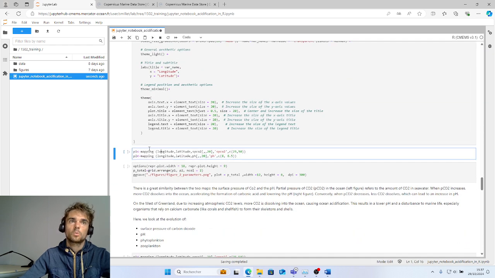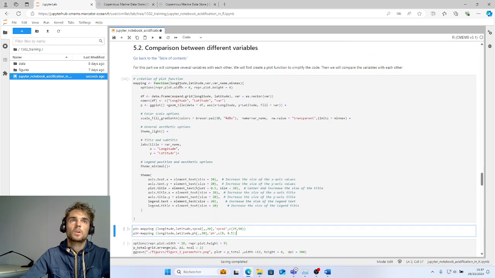And here we plot in variables p1 and p2 the variable spCO2, which is the partial pressure of CO2 at the surface, and pH. In the function mapping, we should define